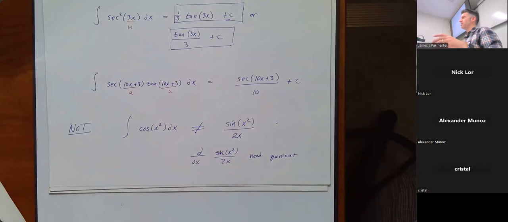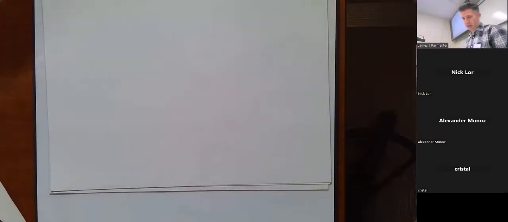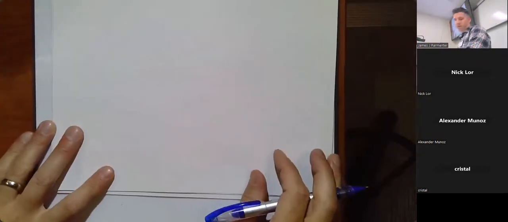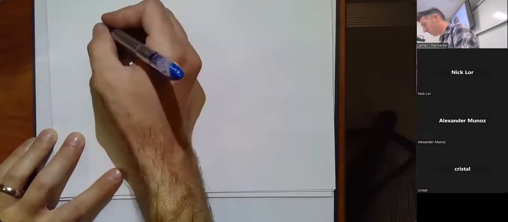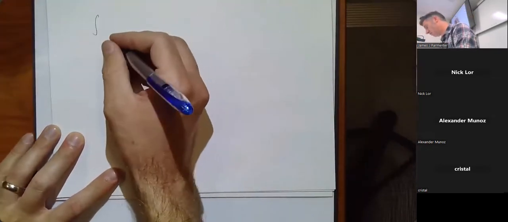Oh, there was something else I was going to say, which is if you're doing a u-sub, there's one choice of u that you never want to make, which is you never want to let u equal x, or u equal whatever your variable is. Because if you did that, all you would be doing is just rewriting the whole same thing except with a different letter. I don't have a good example off the top of my head, but I was trying to do something like the integral of,